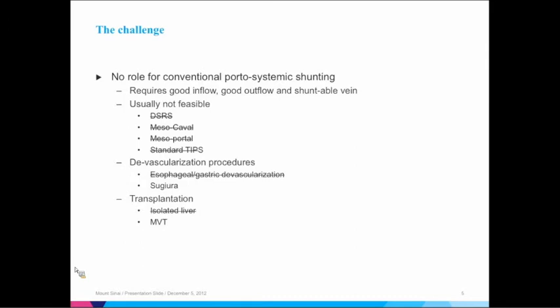Therefore, I put this up just to give you a little list of the repertoire that is important for the most part only in its non-availability for this problem. What is not feasible is the conventional distal splenorenal shunt, which is still the prototype selective portocaval shunt, and for the